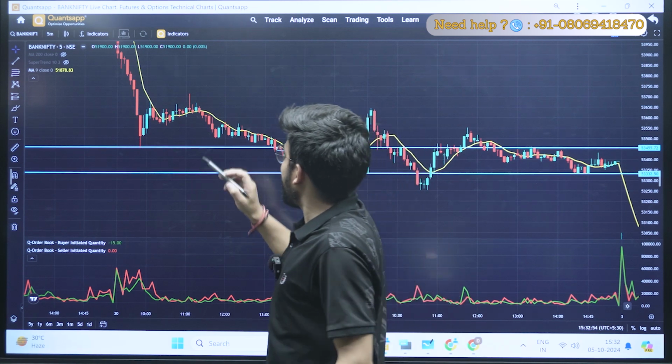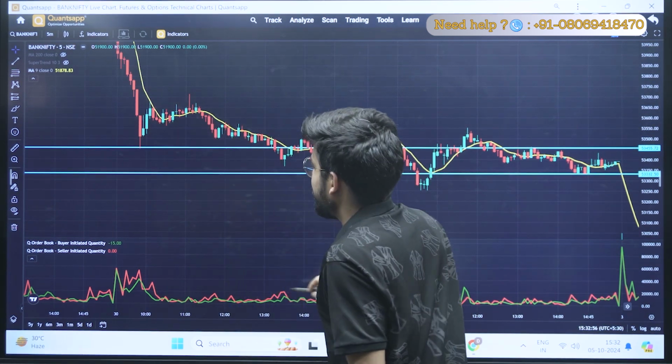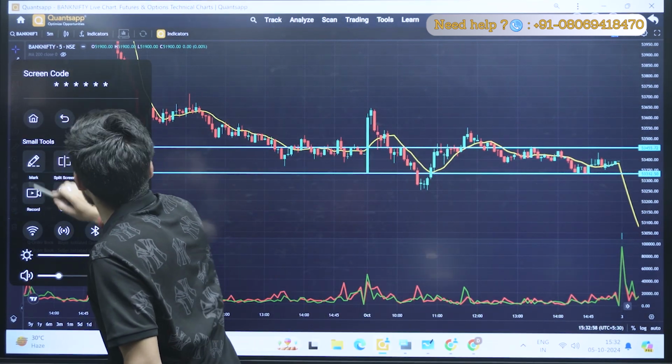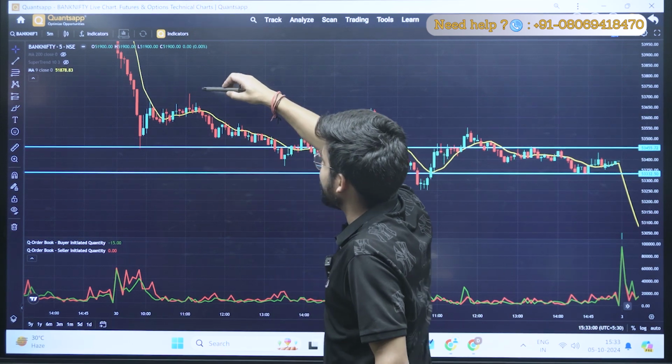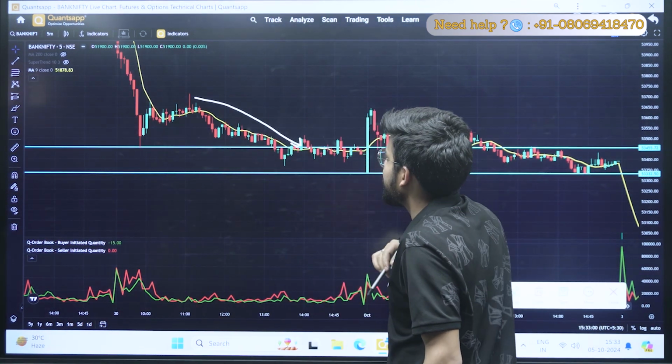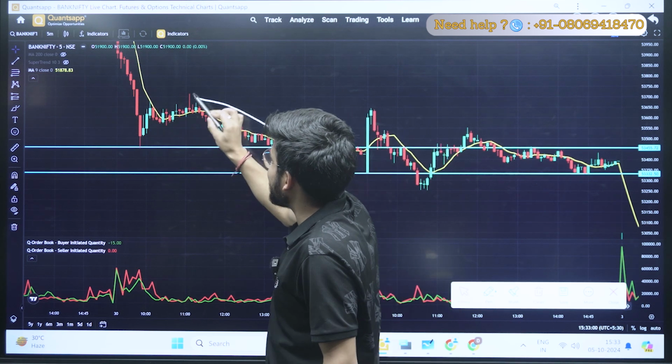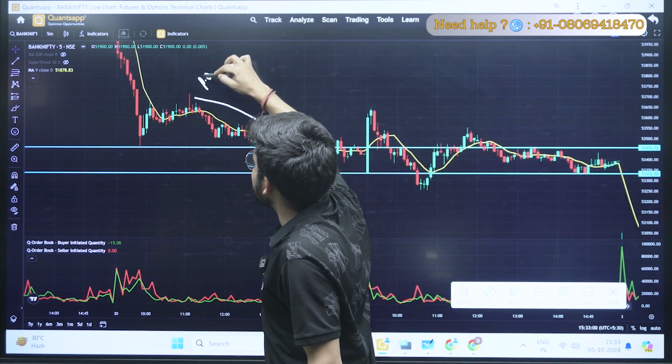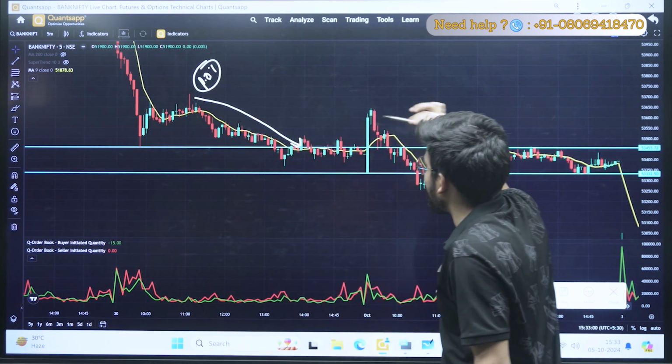Okay, so at this point I can see a good movement started, right? Let me show you how people get trapped in a liquidity grab. At this point a good movement started in the negative direction, so I can believe this is my point of interest, because a good movement started from this point, right?